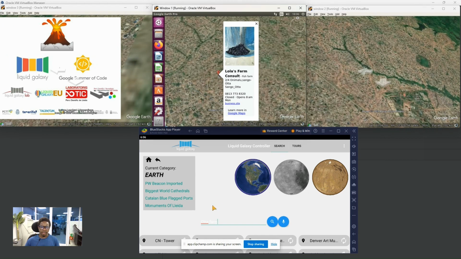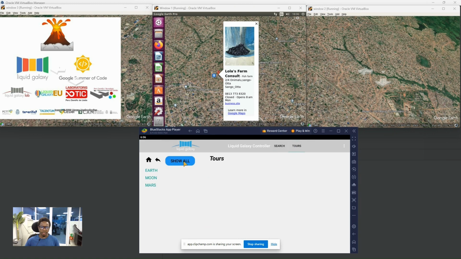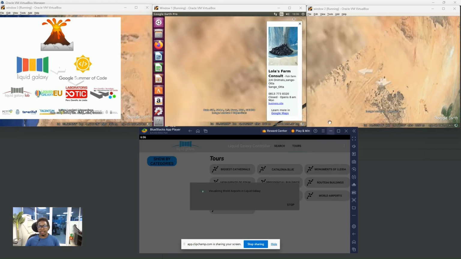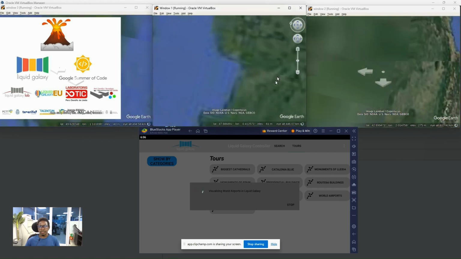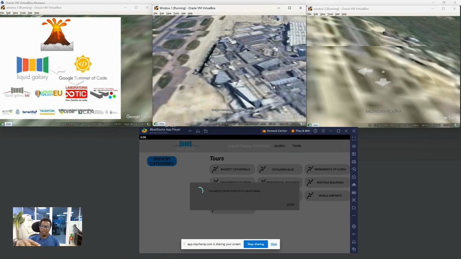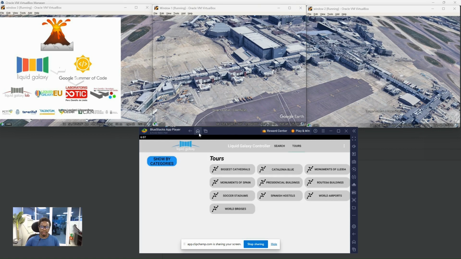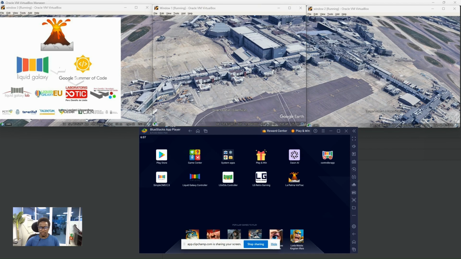All right, great. So I'm going to be taking a tour, and that tour I'm going to be taking is to show the world airports. And you could see how beautiful it is, how it spans from the master screen down to the slaves. And if I continue like this, it will keep moving, showing us other airports. So I'm going to stop this right now and then go over to the next app, which is